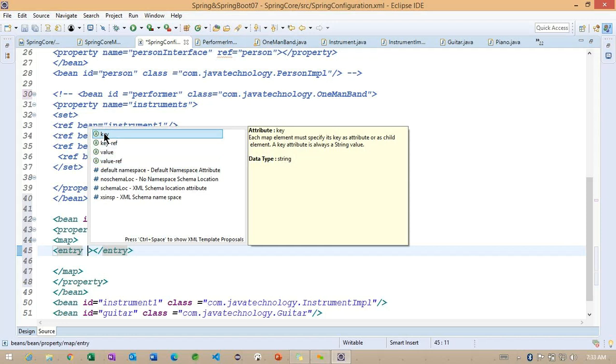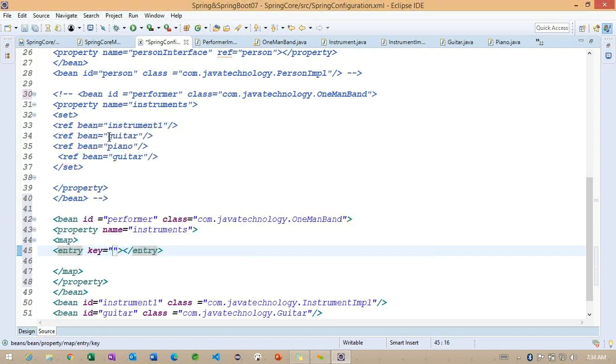So we are going to work with key here. We are not going to work with key ref. Basically, with this key ref, we try to pass another reference here. But we are going to work on this particular key. Key is nothing but the name of the key. We are not referencing from other objects here. Getting the point? If we are not referencing, we can simply use this key. Okay, let me use this key.